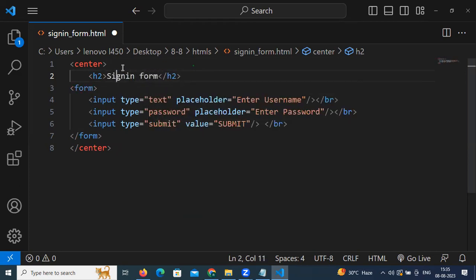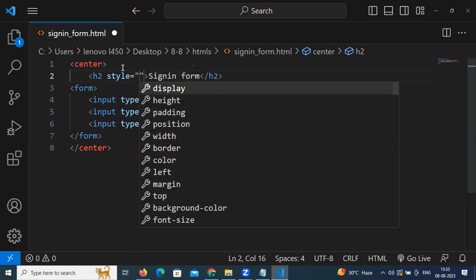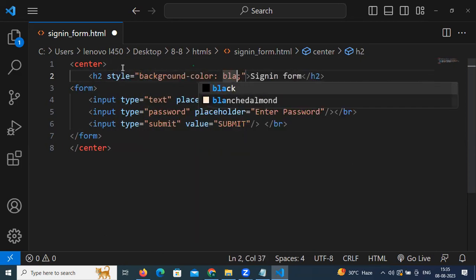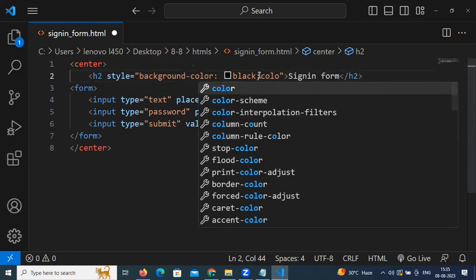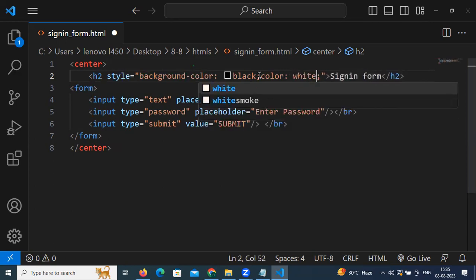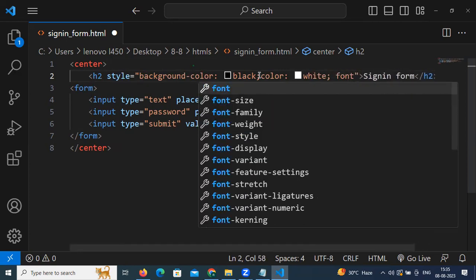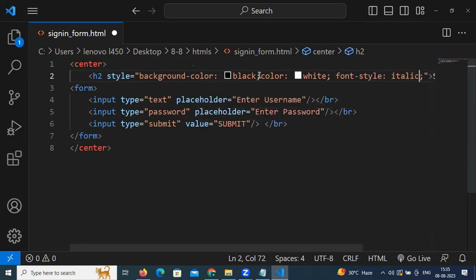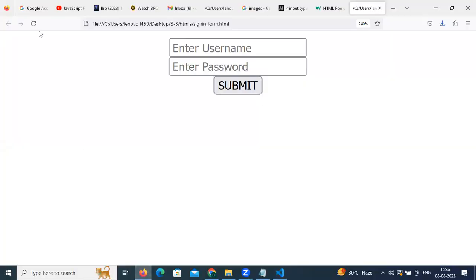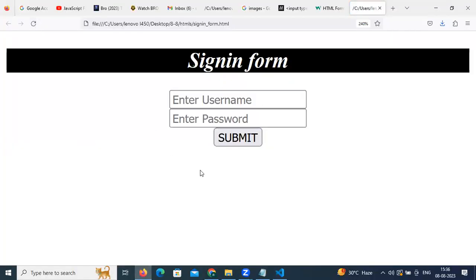And for this H2, I want to give a small style: background color black and color white. Simple style. Okay, don't worry about the style sheets and all. We will discuss style again later. Right? So now let's see the form. The form feels good now. This is a simple sign-in form,